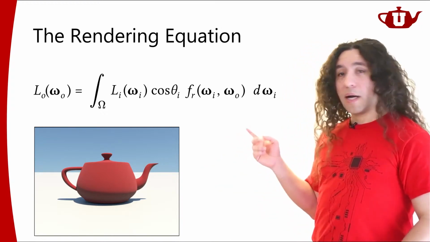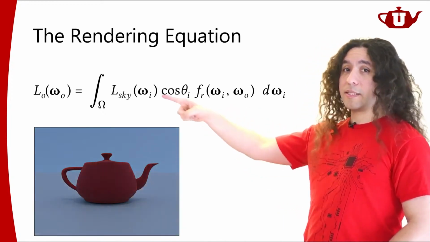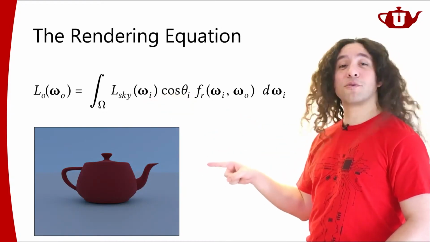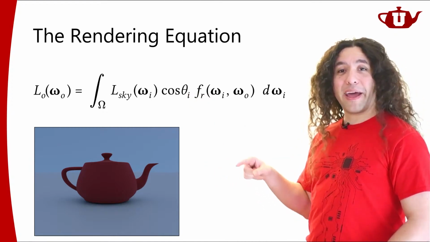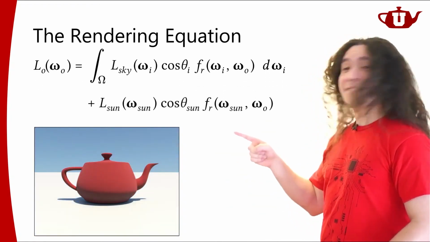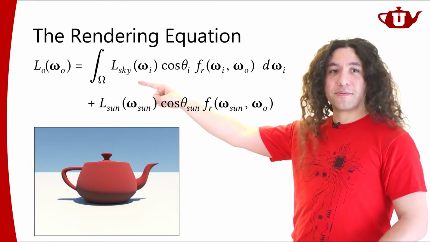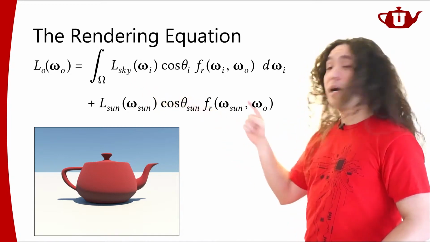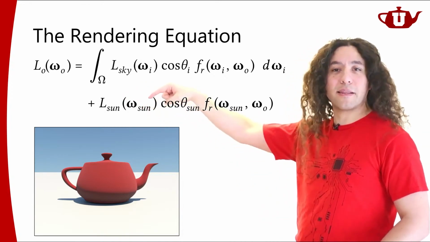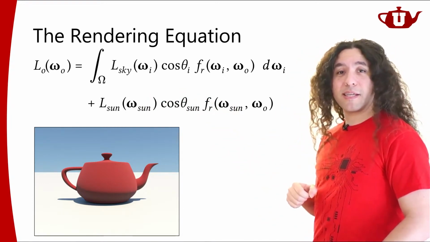In this case, I'm going to have some light coming from the sky. Let me call this sky. So this is the light coming from the sky. I excluded the sunlight now. And on top of that, I also have the sun. So I can add it like so. So I have the skylight, where light is coming from all directions. I also have the sunlight. L sun here is the sunlight, and this is the sunlight direction. And this term is giving me the sunlight.